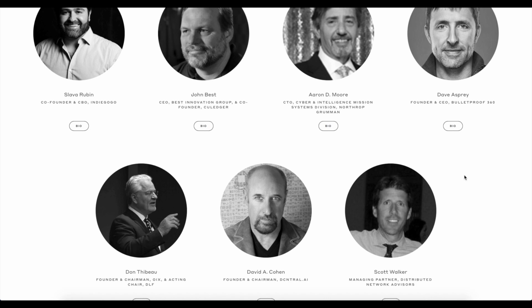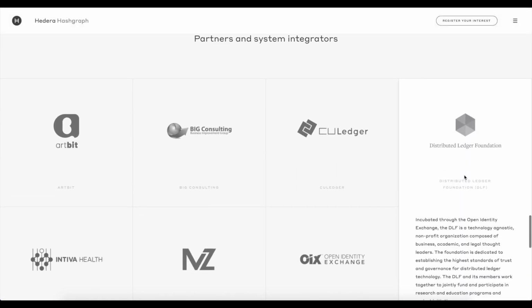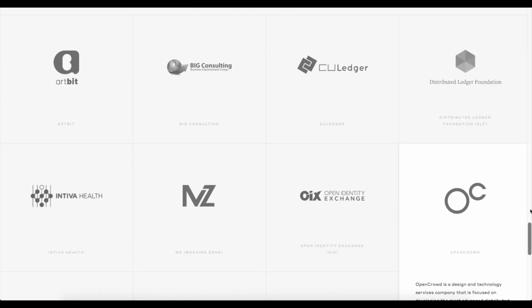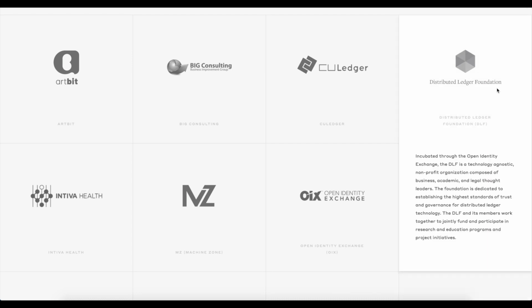They have different experience in different niches. So these are basically some of their partners and also their system integrators. For the governance, Hashgraph has made a new distributed ledger foundation, which will be big in the future, because